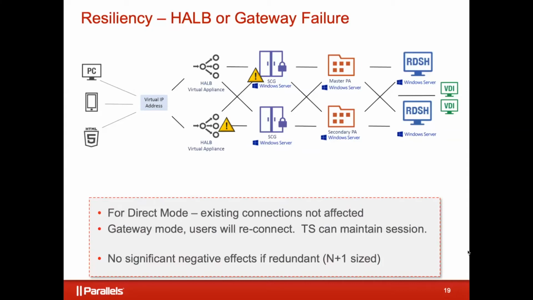But if you're in gateway mode, remember you're tunneling through the gateway component, and the load balancer actually acts kind of as part of that tunnel. So if the load balancer or a gateway fails, the end user's connection will drop, right? They're going to get disconnected. However, just because they're disconnected does not mean it's the end of the world, right? Terminal servers, VDI desktops, we've all done this as administrators. We log in remotely. We click the little X at the top to disconnect instead of logging off. We log back in, and oh yeah, I was in the middle of that. Pick right back up where I left off.